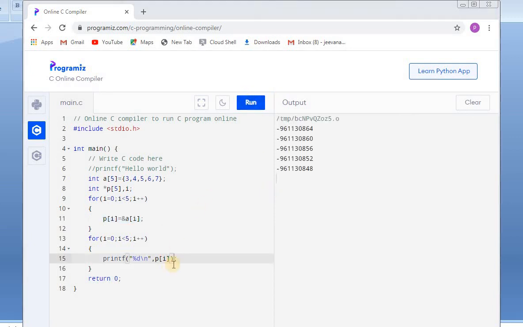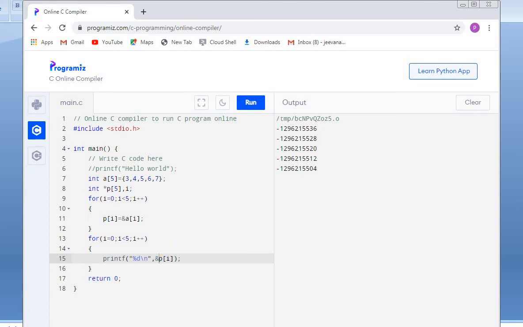See, the addresses of array A are printed out. If I use the address operator here, now the addresses of array P will be printed. See, another address. These are the many ways to access the elements present in array A using pointers.